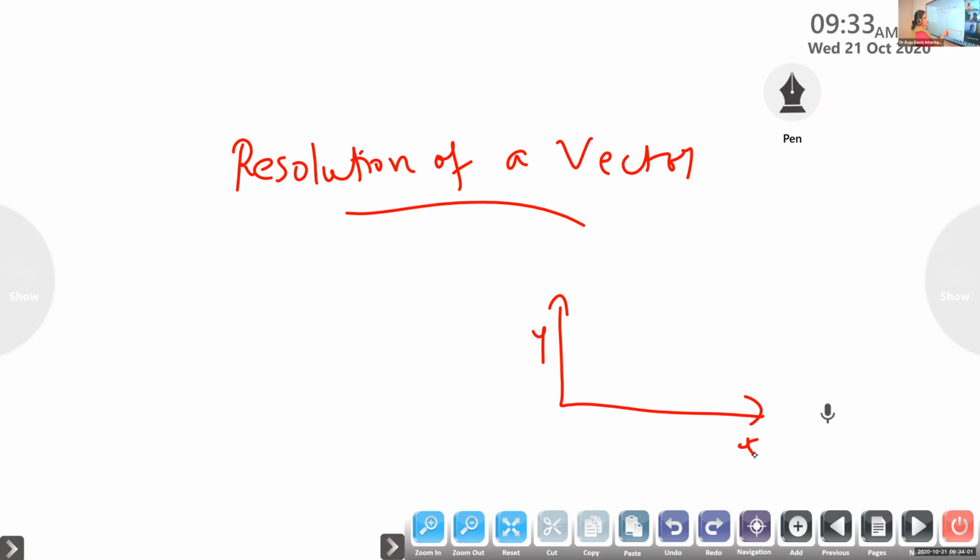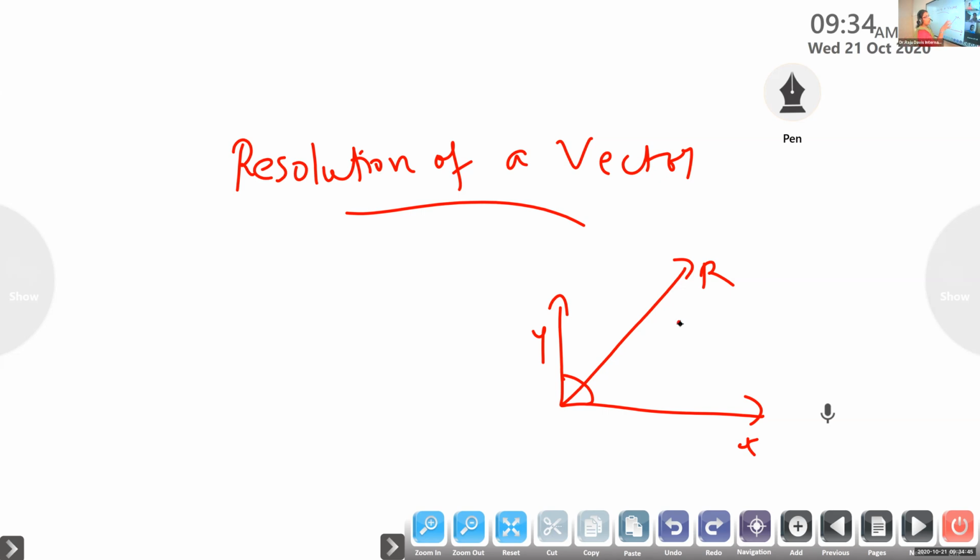For example, R is a vector. Now you have to resolve this vector into components. So R is acting between the x and y axis. In this case, we cannot say whether R is on the x axis or on the y axis, because it is between them. So if you want to find its magnitude, it is not possible directly. We have to consider the x-axis value and the y-axis value. Then both values should be added. Then only you will get the value of this vector.